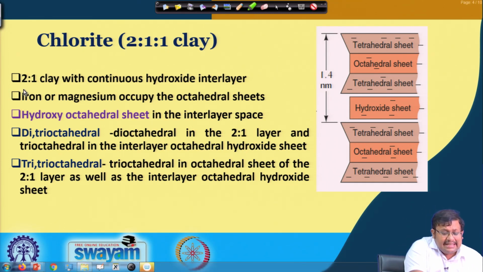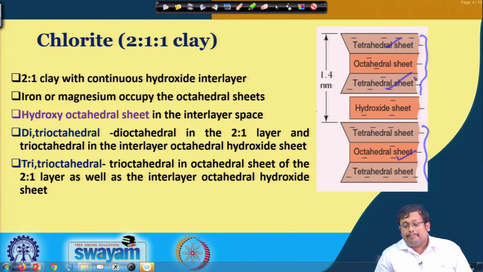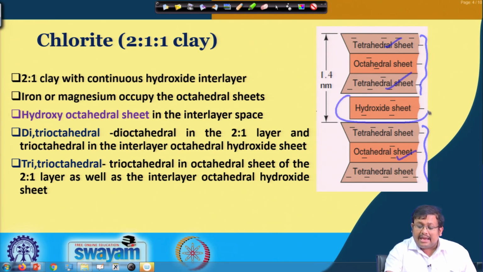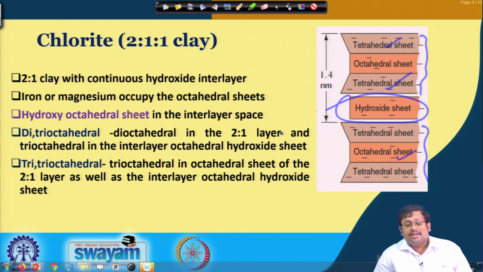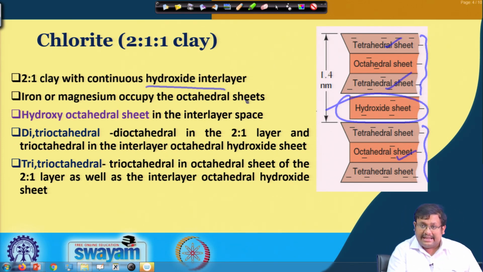Basically it has the 2:1 type of layer, an octahedral sheet sandwiched between two tetrahedral sheets, just like any other 2:1 type of clay mineral. However, the interlayer space is dominated by a hydroxide sheet. So, as you can see, it is a 2:1 type of clay with a continuous hydroxide interlayer, and